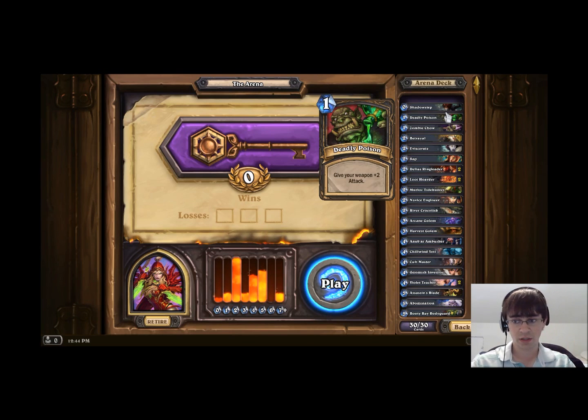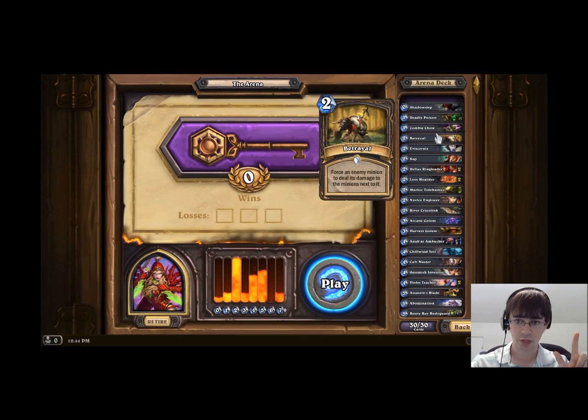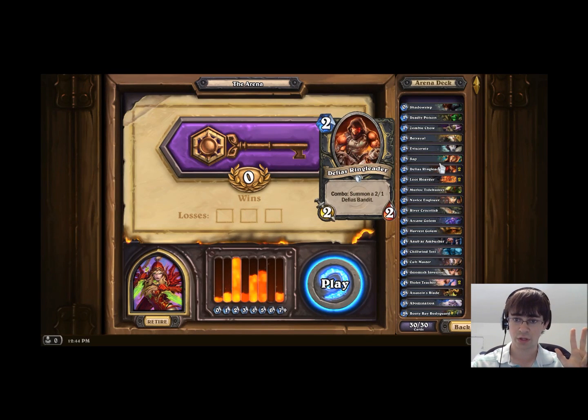So Deadly Poison is a decent card to have in my hand at the beginning. It does trade with a lot of the minions on the board. But if the other person overwhelms you, might not be that great. The Zombie Chow, very good card to have at the beginning. Betrayal, not so much. You need a lot of creatures on the board, creatures that can kill other creatures with their damage. Eviscerate, not very good. You want more tempo than that. You want creatures out on the field basically. Sap, again, no. Defias Ringleader, Loot Hoarder, another Loot Hoarder,